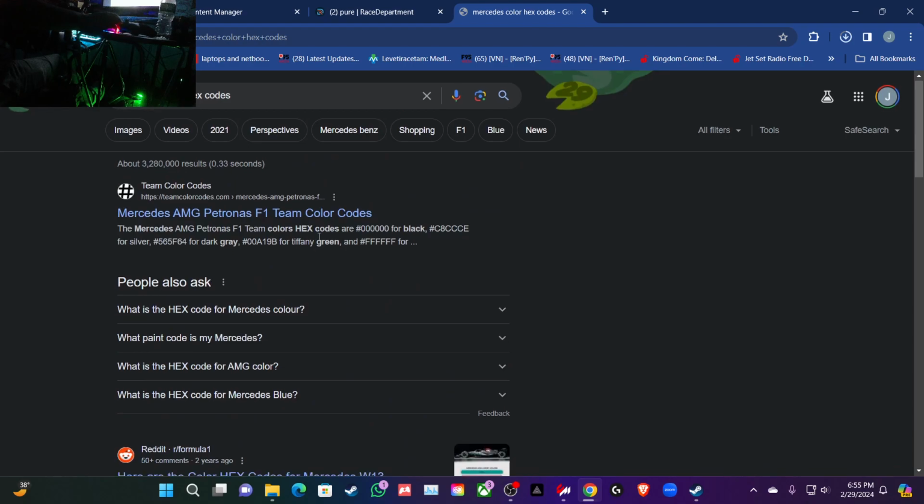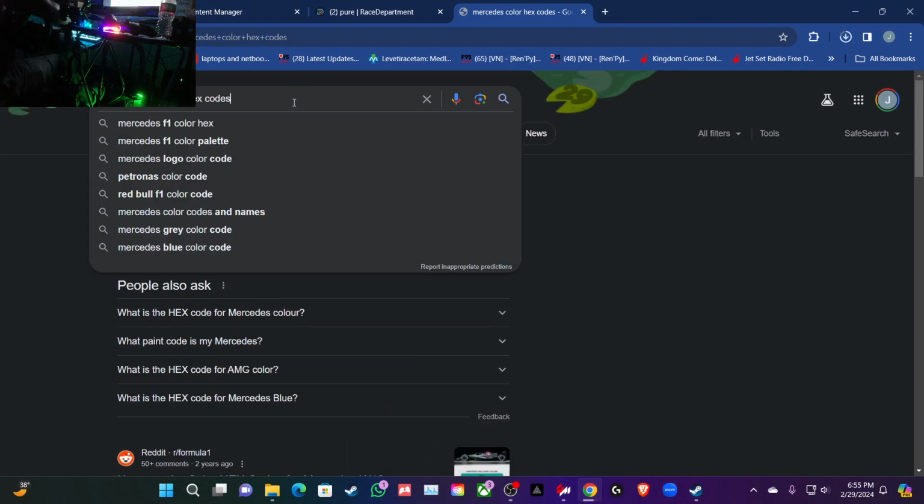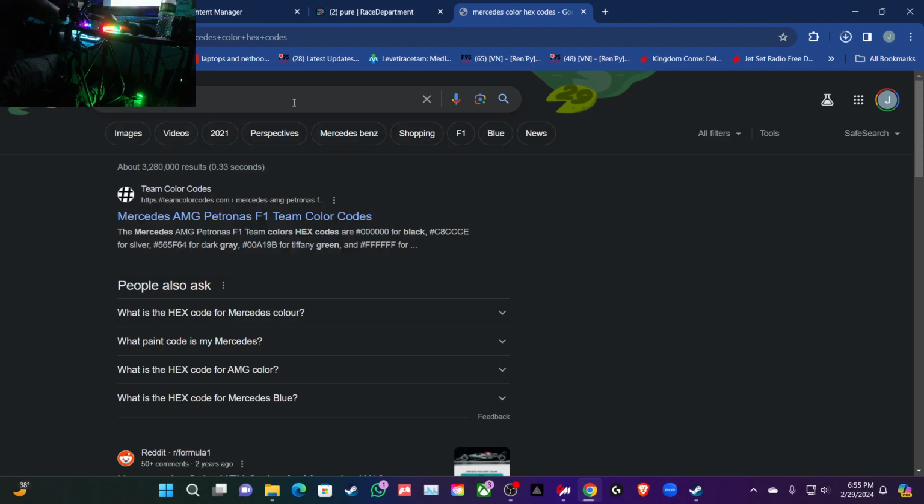Not really what I was looking for. I just want the hex codes for solar beam. This is a very popular Merc color. Not my cup of tea. It's probably someone else's, but